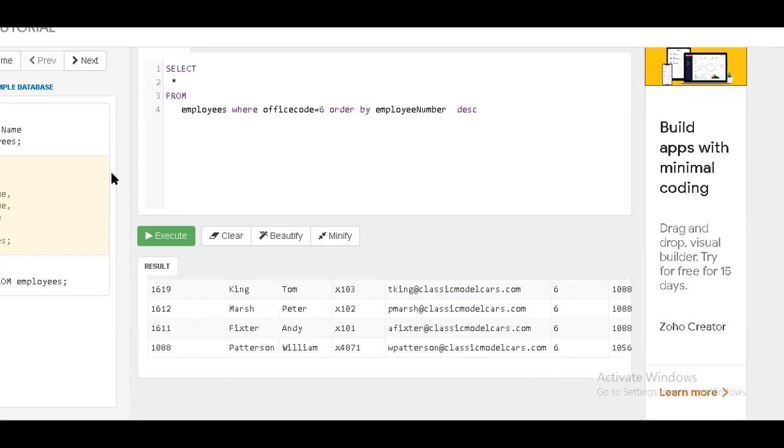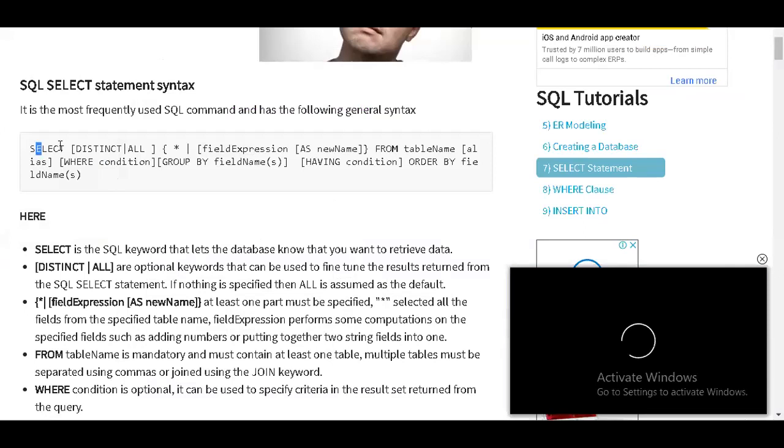So if you see this, select is for retrieving the records, I'm using this particular keyword. If you have any duplicates, I will avoid them. Otherwise, I'll pick up all the records or the columns. And if you don't want to display any column names or the function name on the screen as an output, you can give the alias name. From keyword is compulsory. Then from, you have to specify the table name. Then if you have any records to be filtered more and more, then I'll be using the where condition, followed by group by or having and order by. So these are all optional.